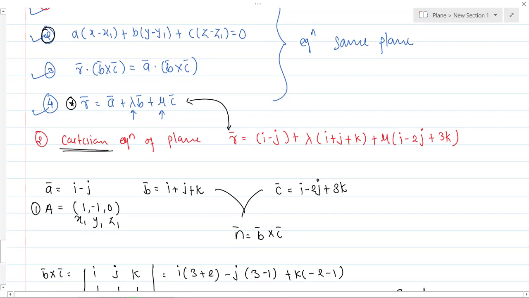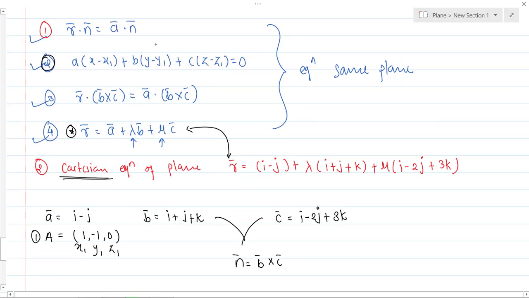Okay, so I hope you are understanding each and every point from this video. Again I'm telling you, if you have not seen the last video, please go through that video so that it will be easy to get the concept of this video. Only these 4 equations of the planes are very important. These are the base for this topic.